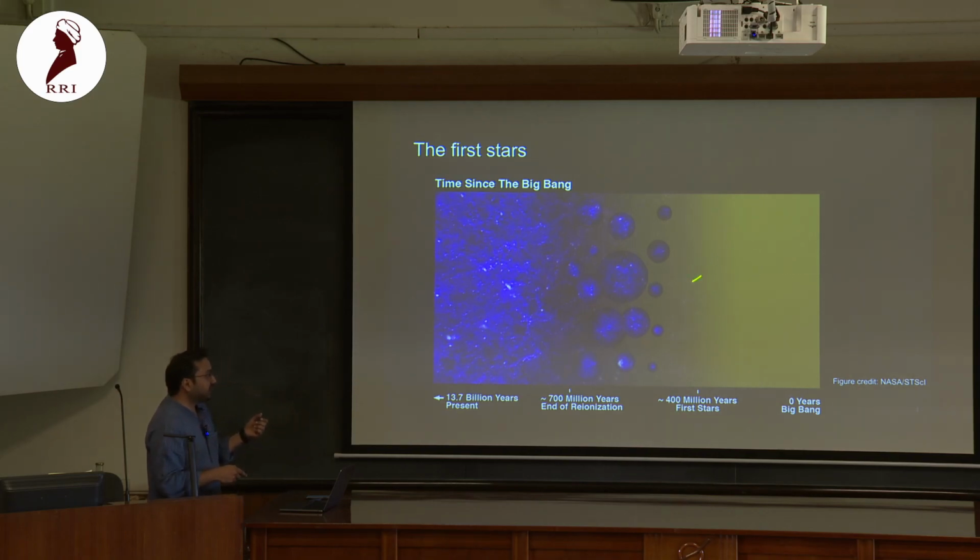But what really happens later as more and more sources form, these tiny bubbles of ionization start to overlap, and that really accelerates the whole process by which the universe reionizes. And at around redshift of 6, which corresponds to around say 700 to 900 million years after Big Bang, we have sufficient evidence that the entire universe, and we're talking about intergalactic medium here, is almost completely ionized.